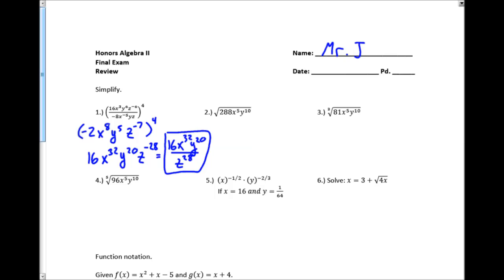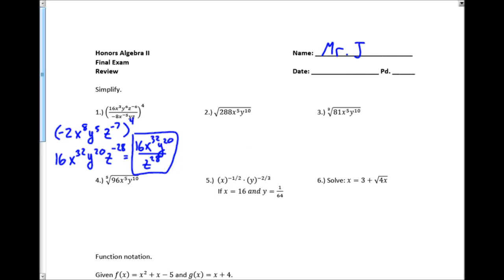Okay, so I start inside the parentheses. I do my division. Then I raise everything to the 4th power, so I'm just following order of operations. And after I'm done with all of that, then I go ahead and take care of those negative exponents. Okay? If I take a look at the next one, number 2, I've got the square root here, so I'm